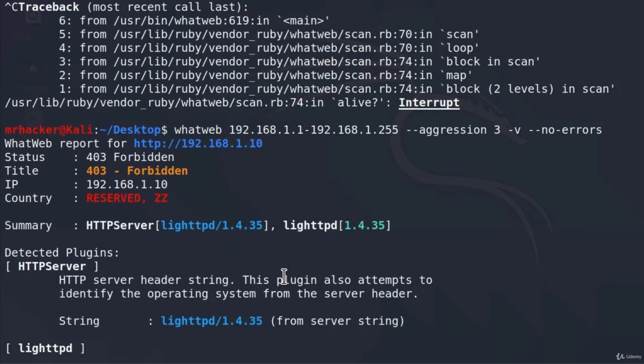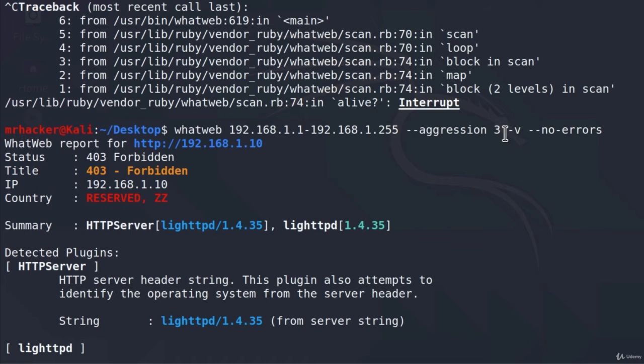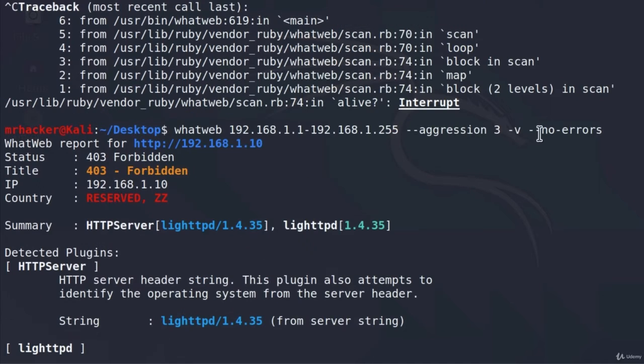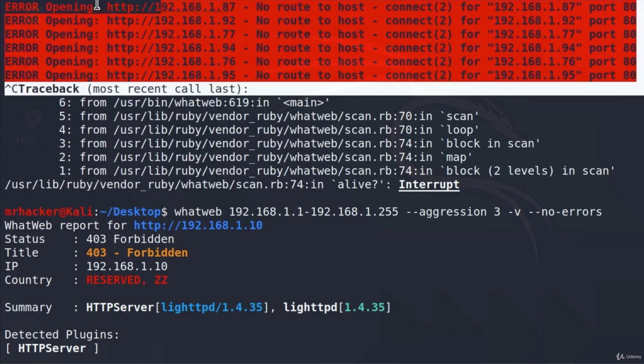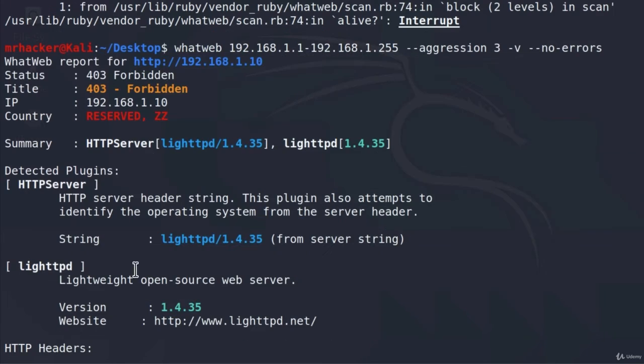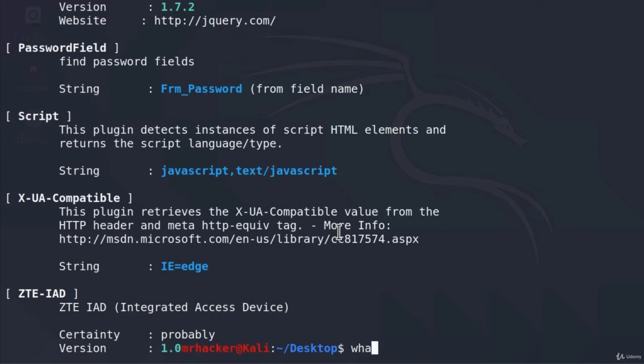Okay, so we ran this command, and we used the aggression level 3. We used -v to output all of the detected plugins as well as their description. And we used no errors to not print out these offline IP addresses. But what if we, for example, wanted to save this output in a file for some future reference? Well, if I type the command whatweb